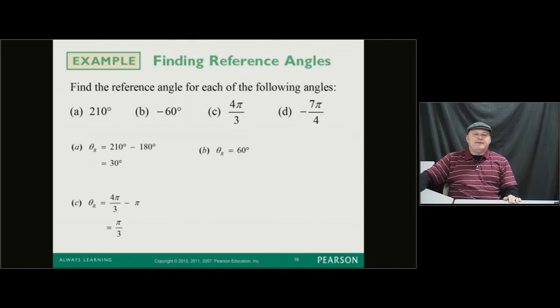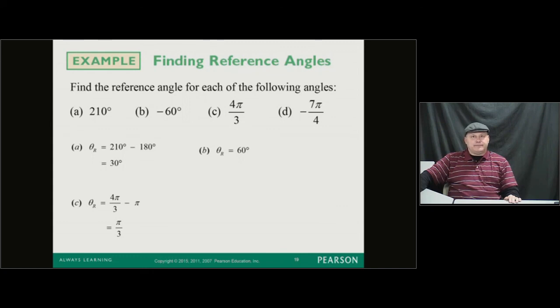pi over 3, we haven't even approached something like that yet. So if you want to take the sine of 4 pi over 3, what you have to do is take the sine of pi over 3, because that's its reference angle. So taking the sine of 4 pi over 3 is taking the sine of pi over 3. But 4 pi over 3 ends up in the third quadrant, where we know sine is negative. So sine of 4 pi over 3 is negative square root of 3 over 2, because the sine of pi over 3 is square root of 3 over 2. So the sine of 4 pi over 3, if you put it all together, is negative root 3 over